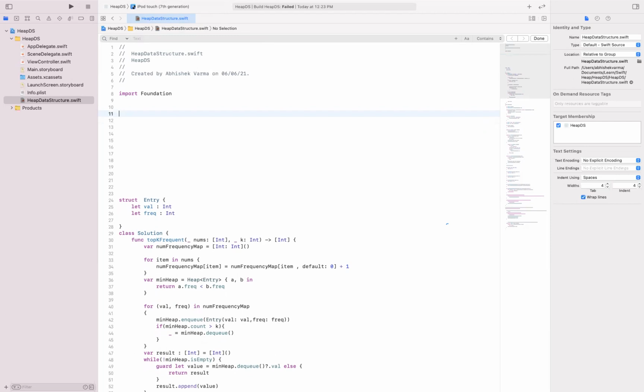Yeah, this will be one of the approaches, but the time complexity, I think, will be O of n log n for sorting, and then O of n log k for the rest. So the total will be O of n log n, right?